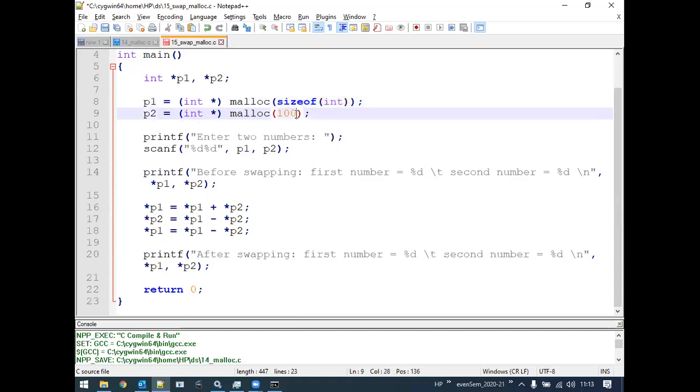We can give our own numbers also, like 100. We can even give 50. So what is going to happen? The 50 bytes are going to be allocated, which can be accessed by using the pointer p. Okay, this is also possible. This is the advanced concept of the malloc function.